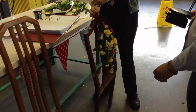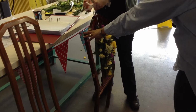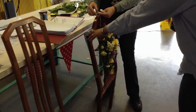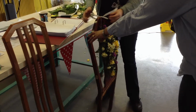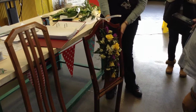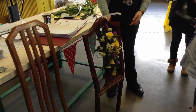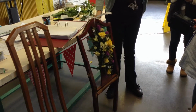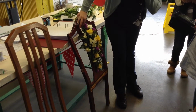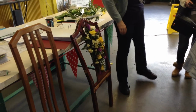So this is the front of the chair. Probably, yeah, which a pew would obviously be flat, wouldn't it? Traditionally in a church, pews are flat. If it was a chair back, a chair side, then obviously you probably won't be able to go for that style. You'd have to go for a tied version. Some people have it as a chair back as well. Okay? So